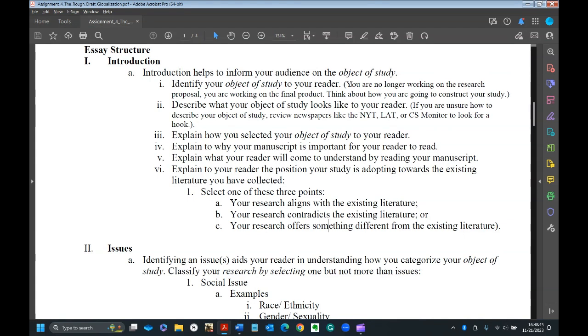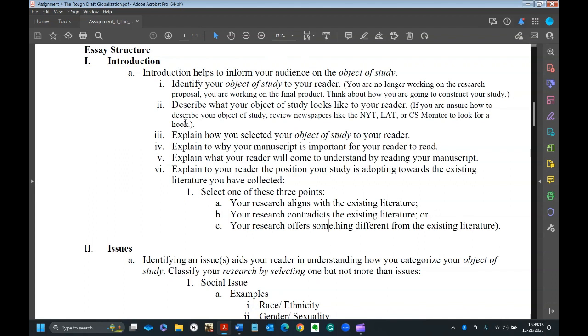The reason I wrote the parenthetical comment is to remind you, as you begin to write assignment four, that you're no longer going to use the word proposal. Now you're actually working on the study itself, so you definitely want to remove the term proposal. Once you've identified your general category of understanding of your object of study, then you're going to